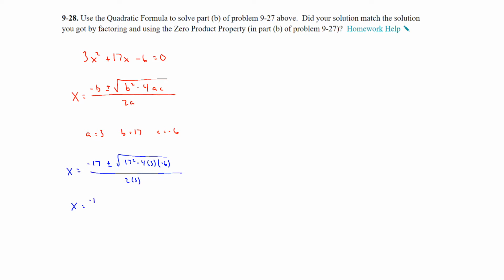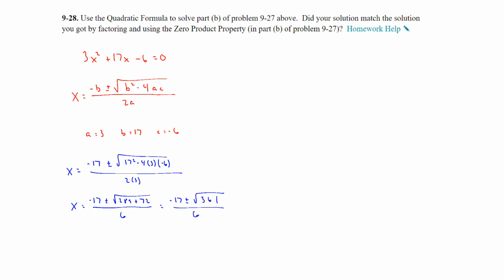So now we just need to start simplifying things. Underneath the square root we have 17 squared, so that'll be 289, and then negative 4 times 3 times negative 6 is a positive 72, so that's plus 72. And then that's all divided by 2 times 3, which is 6. That'll be negative 17 plus or minus the square root of 361